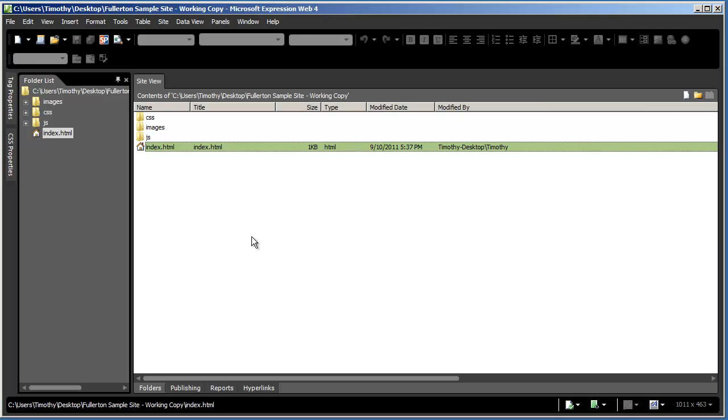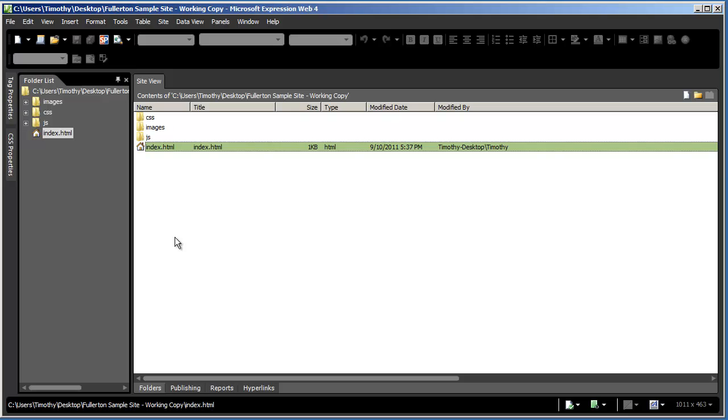And this is the default page that a browser will open up when it goes to your domain. So in other words, if you go to www.timothytraining.com, what web page initially opens up? And the answer is your home page. The browser knows what the home page is because it is named something very specific. Your home page should be called